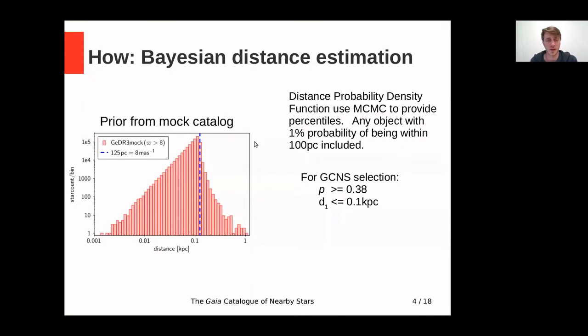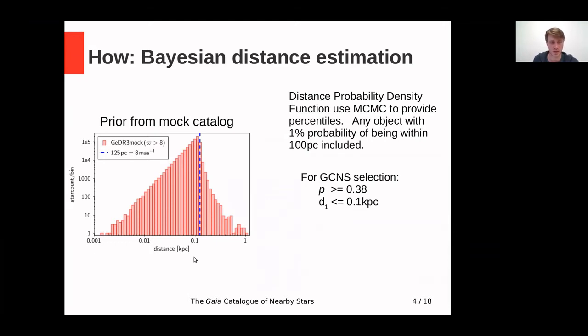Now that we have classified into good and spurious parallax solutions, we need to infer distances from our measured parallaxes. This is a classical inference problem, and for that we need to formulate our prior assumptions. For example, negative parallaxes are a perfectly fine measurement, but we don't expect any negative distances by definition. So here is our prior on distances.